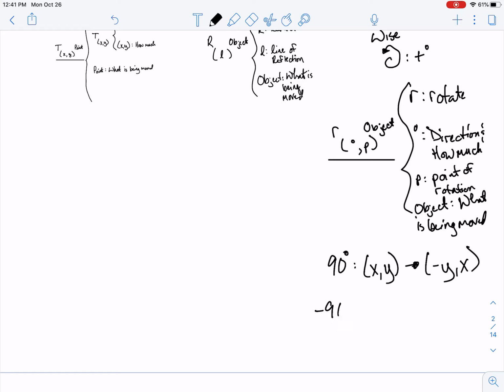If it is negative 90 degrees, we still start with a point (x, y). And all we're going to do here is use this same rule. However, we're going to put this negative out in front, and then we treat it like a math problem where we just distribute. So negative times negative y is really positive y. Negative times positive is negative, and then x. If you can remember this one right here, you can do all types of rotations,